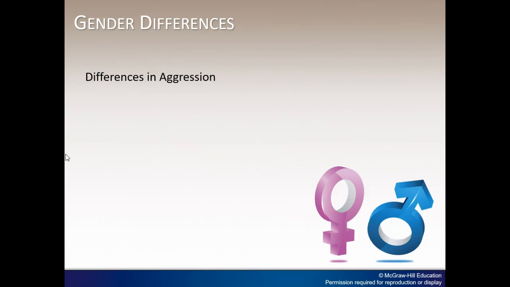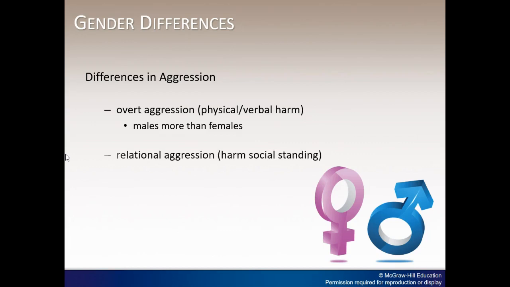Aggression is defined as any behavior intending to harm another person. There are different types of aggression. Overt aggression refers to physically or verbally harming another person directly, and higher scores are associated with males more so than females. Relational aggression is the behavior that is meant to harm the social standing of another person through activities such as gossiping, and spreading rumors. Females tend to score higher on this type of aggression than males. This aggressive behavior requires considerable cognitive and social skills. What do you think the difference is?